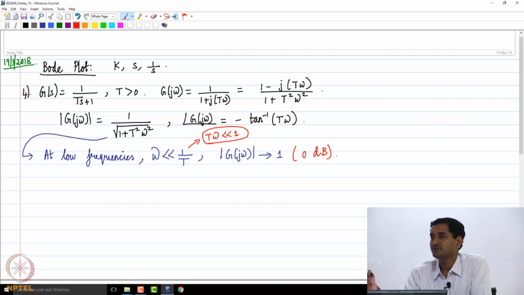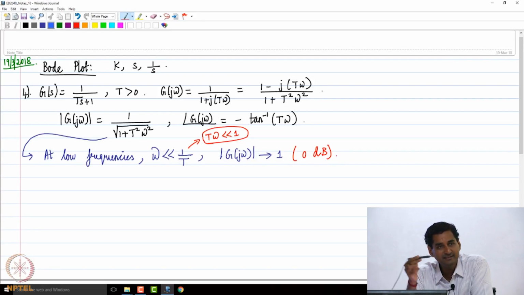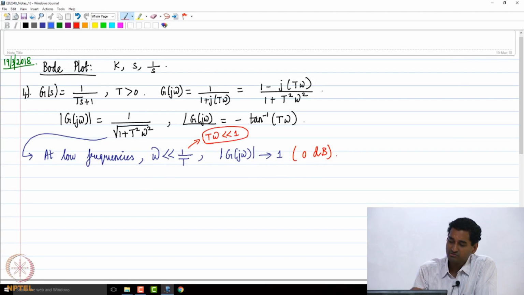See, because how do I convert to decibel units? I take the logarithm to the base 10 and multiply by 20, right? Logarithm of 1 is going to be 0, right? So that's why I get 0 decibels, okay? So we would see that the magnitude of this particular factor is going to tend to a line which corresponds to the 0 decibel line in the magnitude plot as frequencies become smaller and smaller when compared to 1 by capital T, okay? So for this reason, this particular